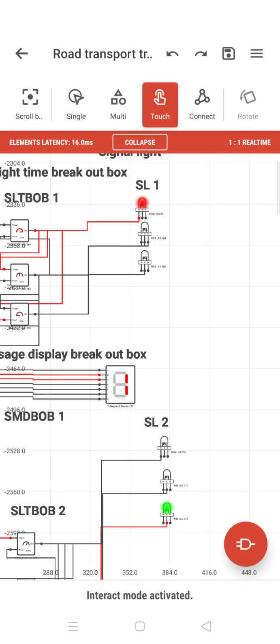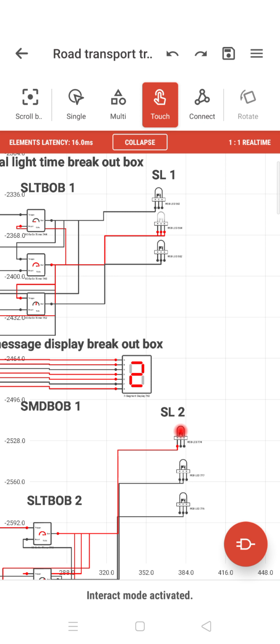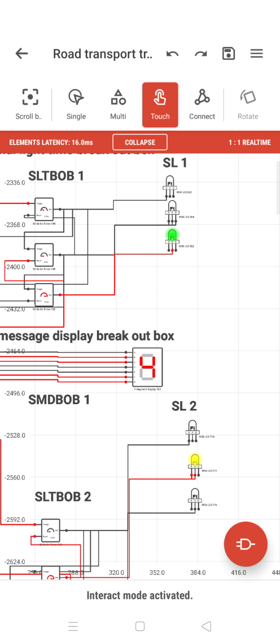See this thing, when you have a stop sign on one of the traffic roads, the other one is green. Okay, now the second road is giving a red signal, and the first road is giving a green signal and things like that. So immediately the signal goes on and off. That is how the road signal works. See that, the second road has yellow, the first road has green. So the roads are controlled in a different fashion so that the traffic is not merging. If you have two roads, how do we control the traffic?